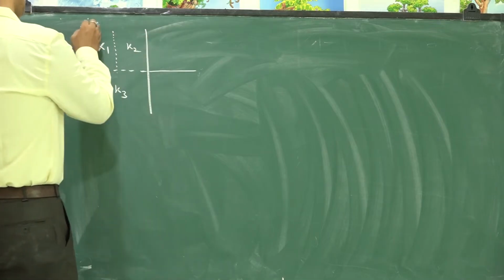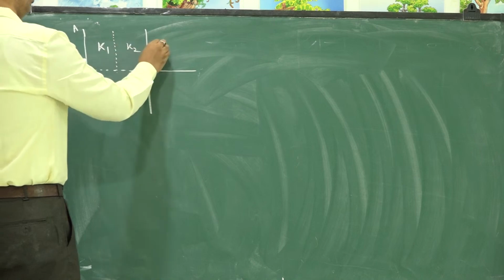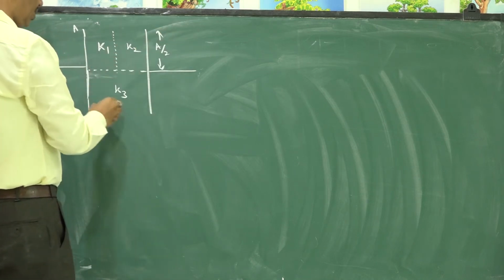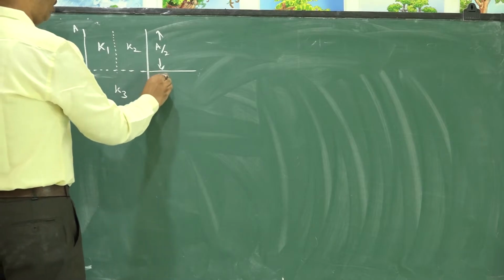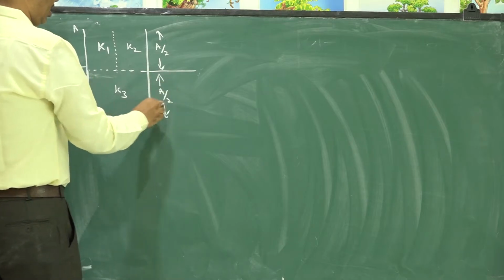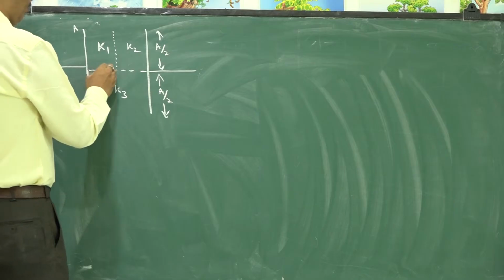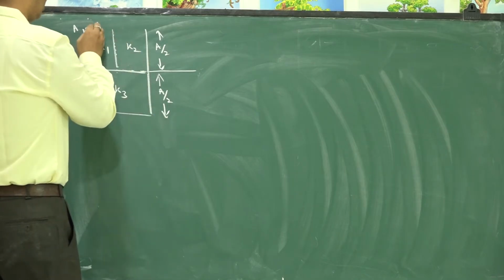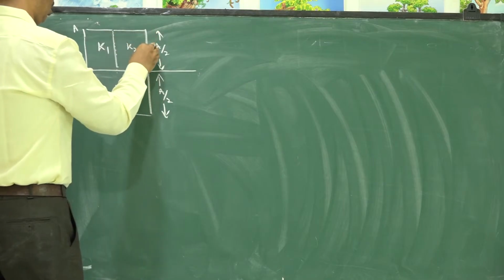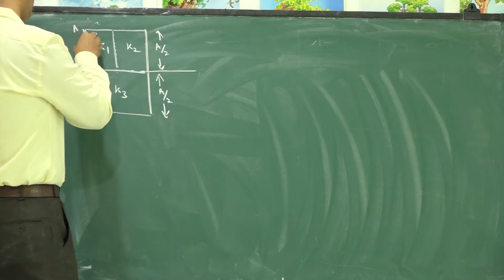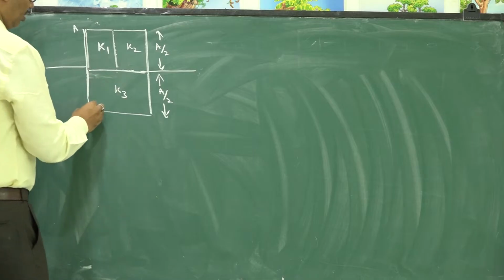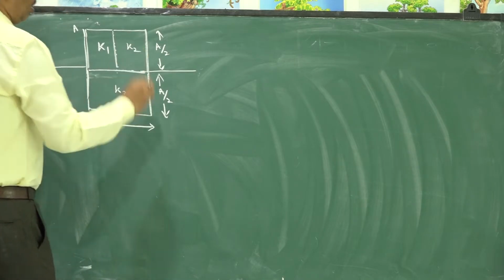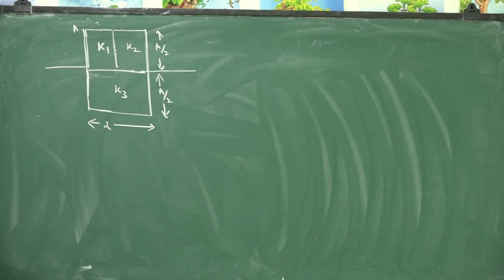That means if the total area of the plate is A, the upper half is filled with these 2 dielectric mediums, and the lower half is filled with dielectric constant K3. So in this situation, if the division of dielectrics is like this, how do we find the capacitance of this capacitor? The separation between the plates, obviously, is D.